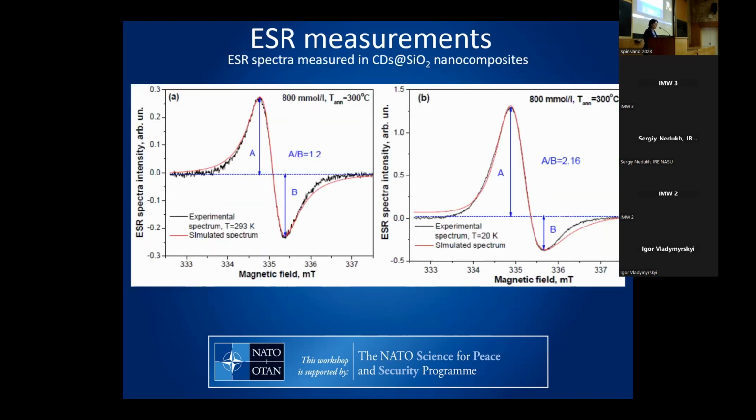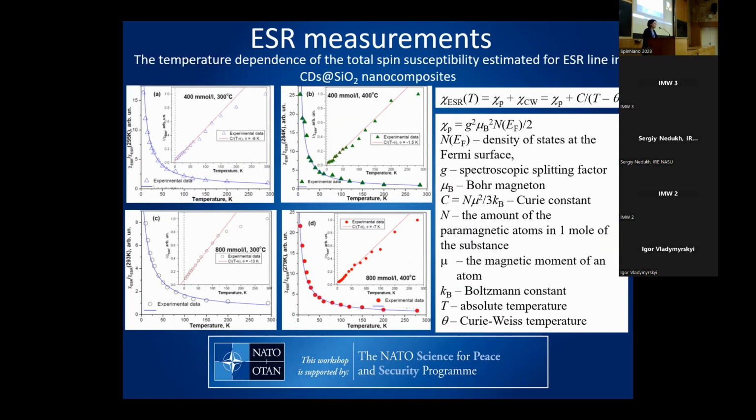On the next figures, there are examples of fitting of experimental spectra with a Dysonian line shape. You see there is very good agreement, and we have done such a fitting for each temperature point for all of the set of samples, and as a result we have drawn the temperature dependence of the total spin susceptibility in our samples. It was done using double integration of the EPR line, which is proportional to the total spin susceptibility. So we have drawn the direct spin susceptibility temperature dependence and the